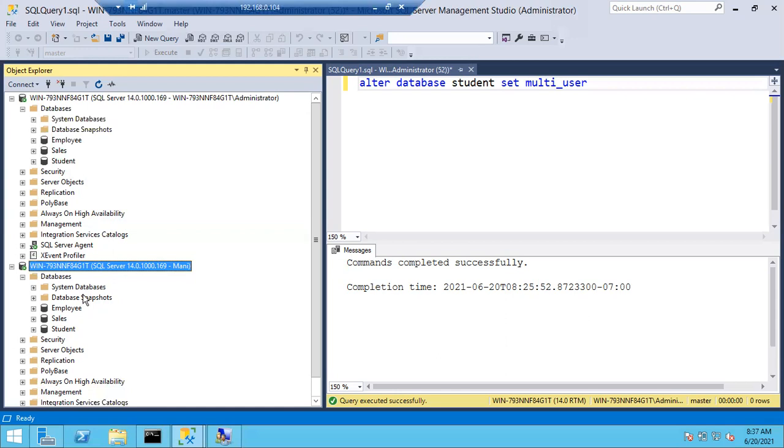Don't think that if money inserts data, that data can be seen in the employee database. If money is having permission on the employee database, the same database, it is not a different database. If he's having access, the same data can be visible to everyone in case we change anything. Don't think this is a separate copy. This is administrator access, this is money access, that's it.